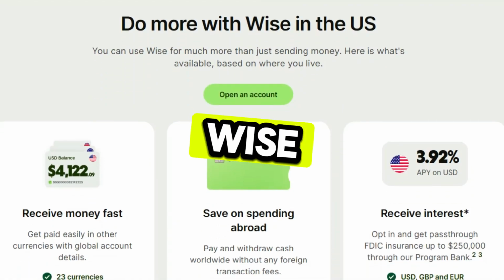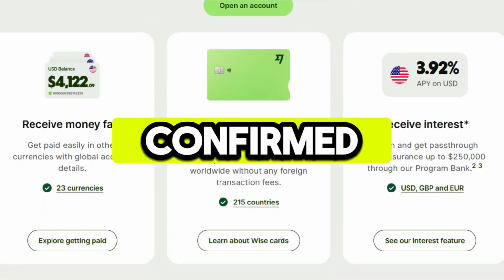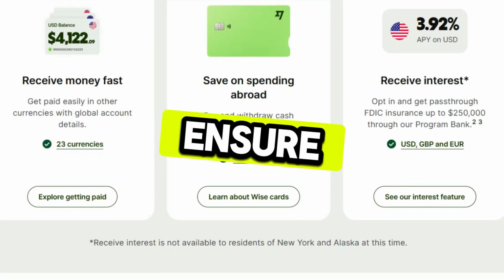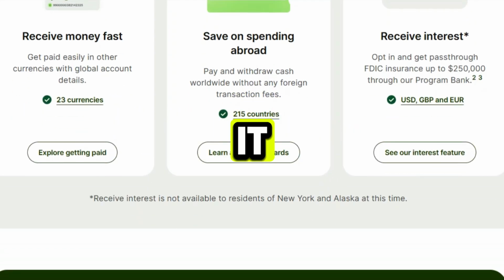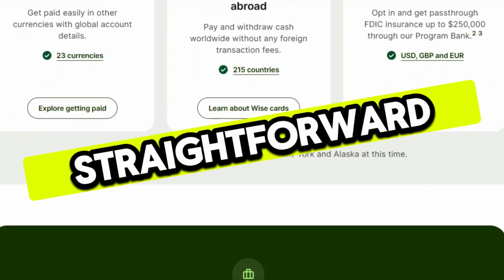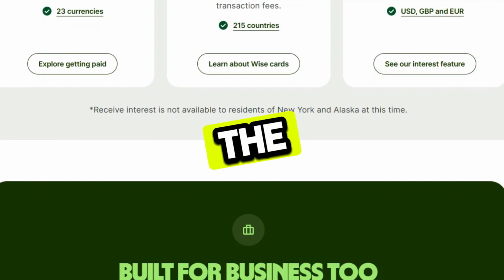Finally, wait for Wise support to lift the block. Once confirmed, log in and check your account balance to ensure everything is accessible. That's it. Fixing a blocked Wise account is straightforward when you provide the correct information and follow the support steps